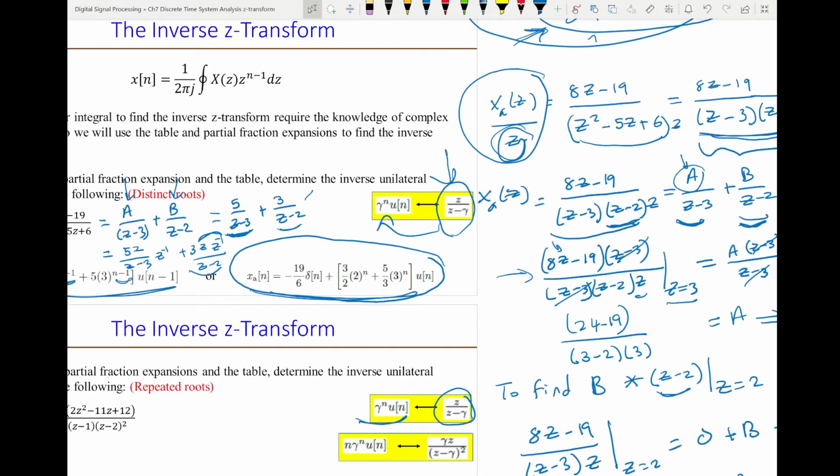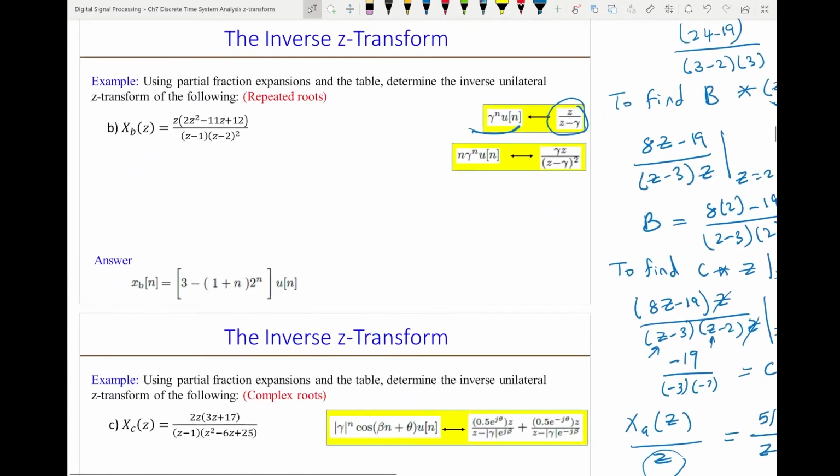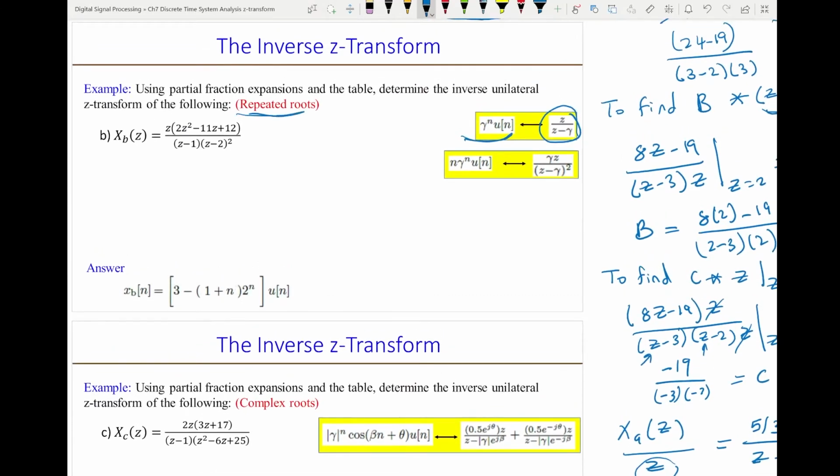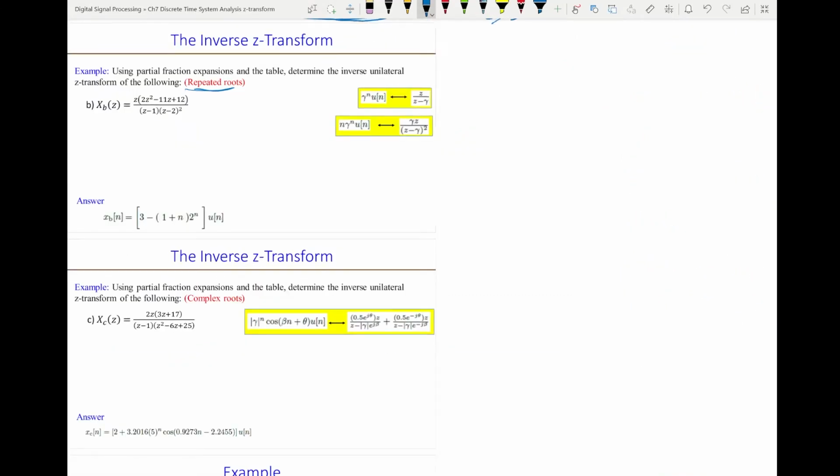Okay, let's do another example where the poles or the roots are repeated. In this example, when I see z minus 2 to the power of 2, there are repeated roots. That means z1 equals 2 and z2 equals 2. In the z domain, we call them poles. So when we have repeated poles, we have to make sure to include all possible scenarios. So I'm going to take this z first in the denominator here, and rewrite this as